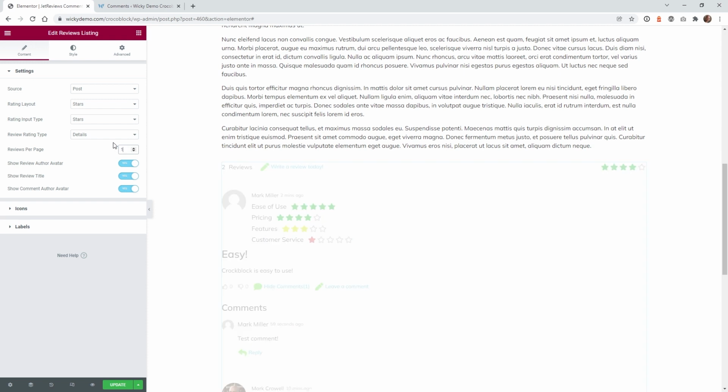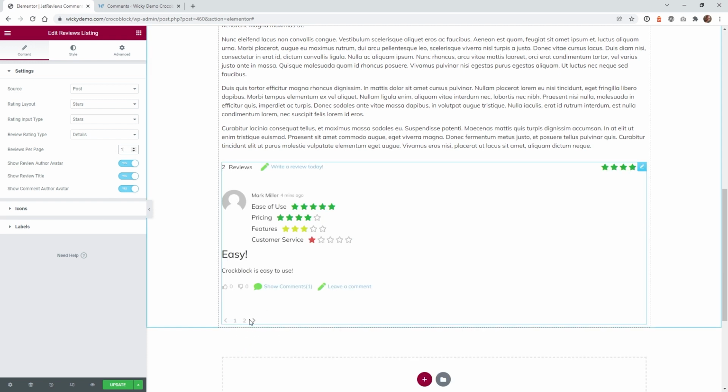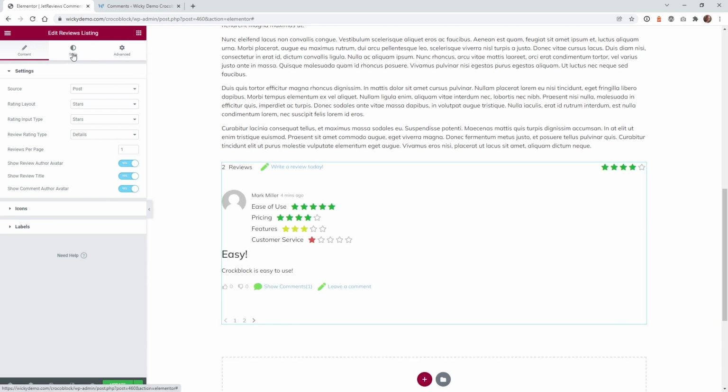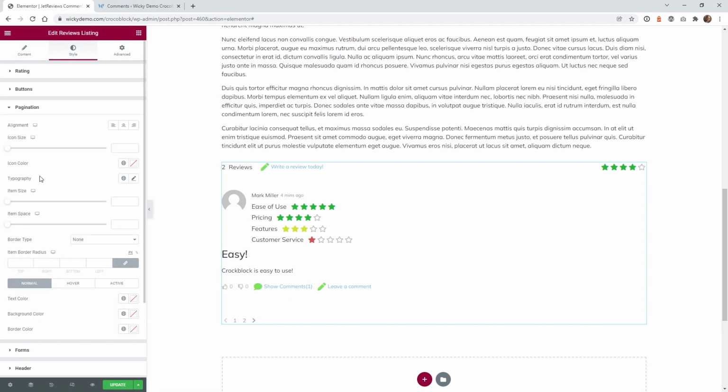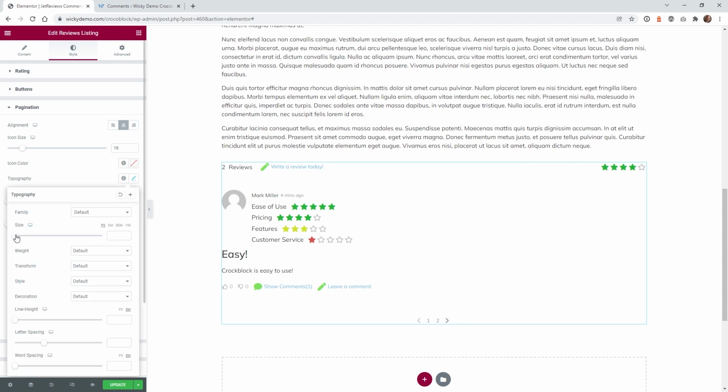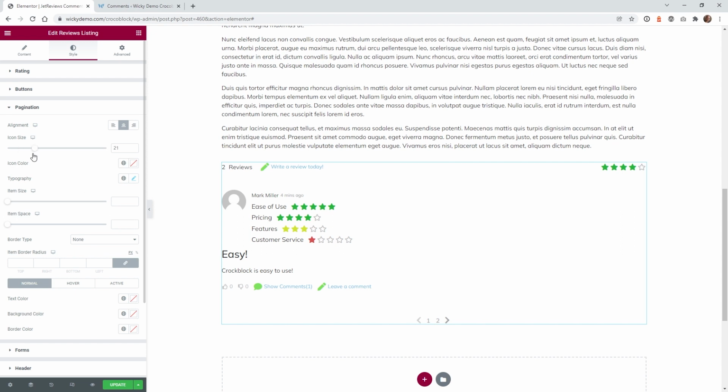So if we just change this to 1, you can now go ahead and see the pagination show up right here. So I do recommend, if you know you're going to have pagination on these things, go ahead and just design and make it look good right now rather than later. So you can go ahead and change anything right here. You can change the size of the text right here. You can change the size of the icons,